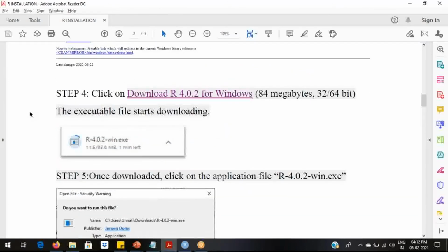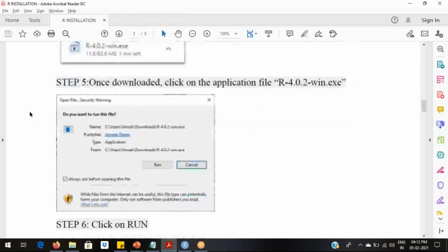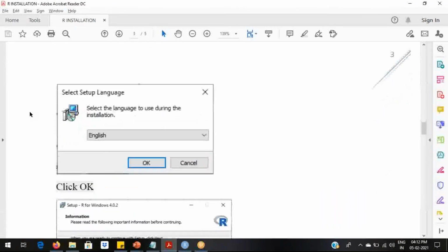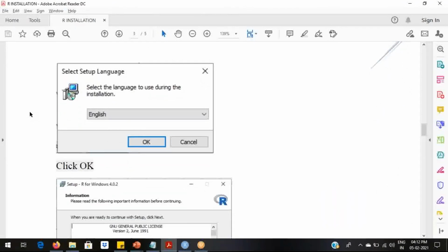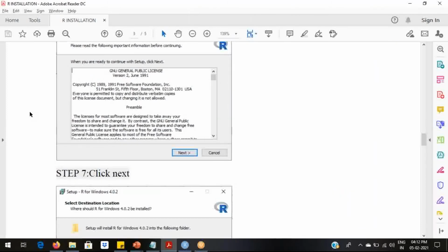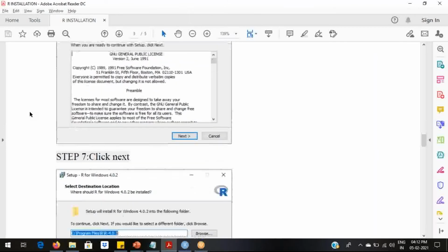So the executable file will start getting downloaded. Once downloaded, click on run. So the default language will be English and hence click OK. Then click on next.